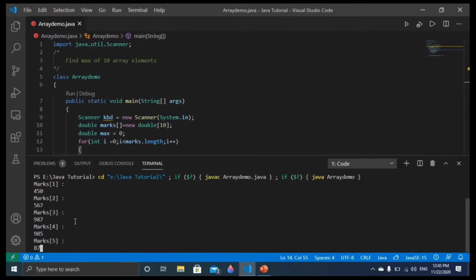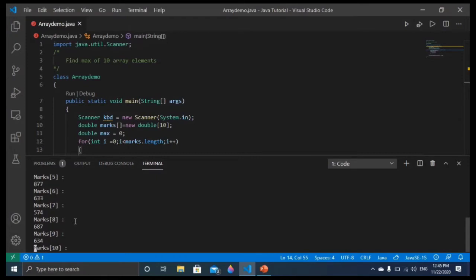This one is bigger, I want to give the maximum in marks, then you can see the 8, and then the final, that is okay. So you can see the maximum is 9 and 7. So this is dynamic.